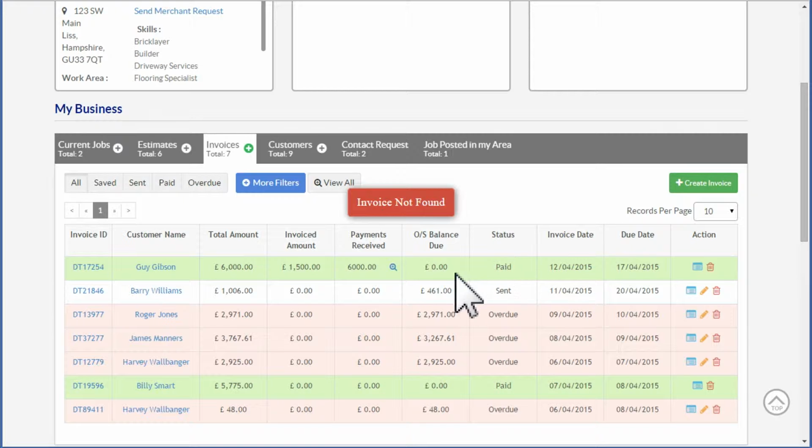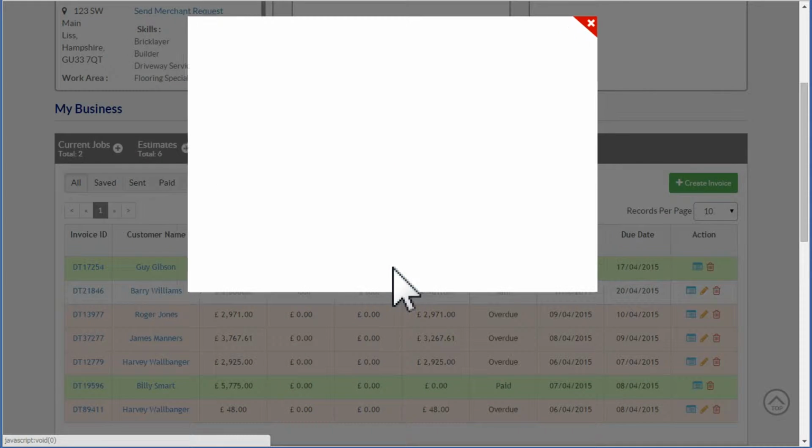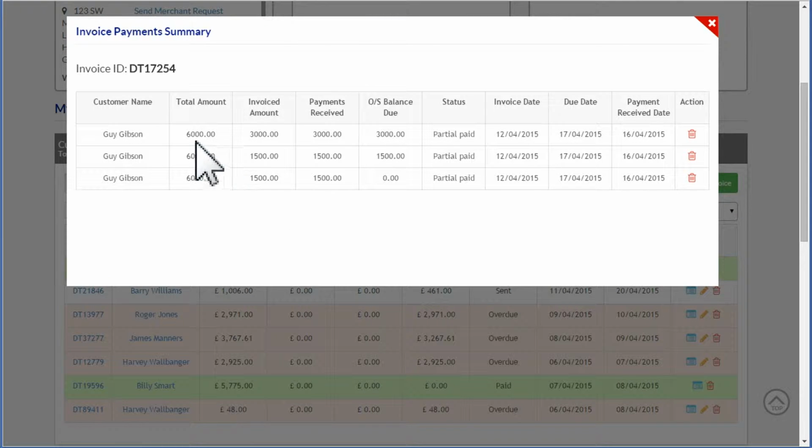Now you may have noticed as we've been clicking backwards and forwards that there is a column here, payments received, and there's a little magnifying glass here. If you click on that, it will open up the history of all the payments that he sent to you and the dates. Okay, so there's the total amount, the amount you invoiced him, what he sent you, what was